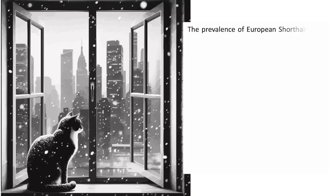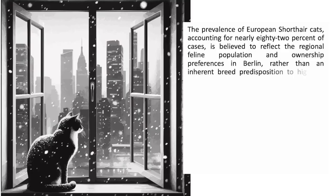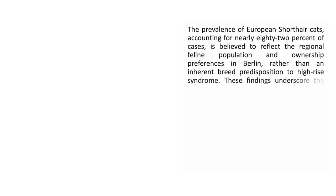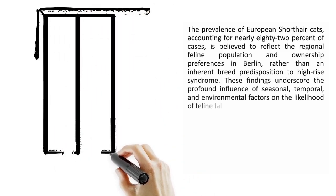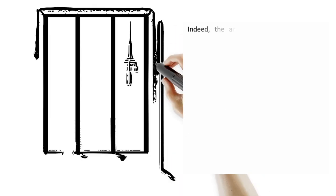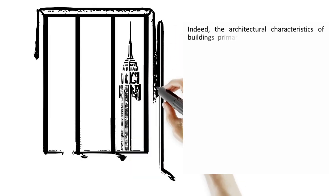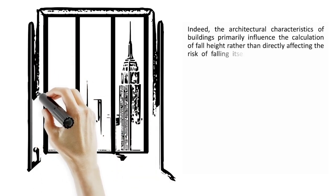The prevalence of European shorthair cats, accounting for nearly 82% of cases, is believed to reflect the regional feline population and ownership preferences in Berlin, rather than an inherent breed predisposition to high-rise syndrome. These findings underscore the profound influence of seasonal, temporal, and environmental factors on the likelihood of feline falls. Indeed, the architectural characteristics of buildings primarily influence the calculation of fall height rather than directly affecting the risk of